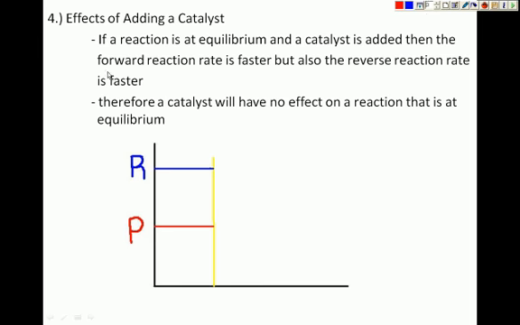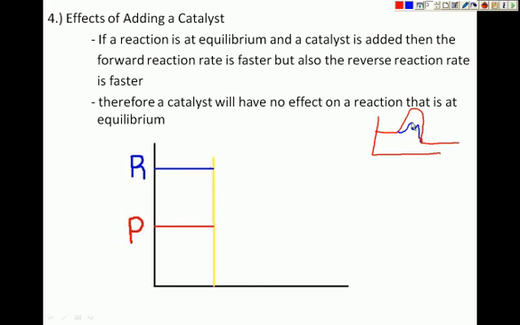Okay, and the last one here that we're going to talk about is the effects of adding a catalyst. So a catalyst, as we know, speeds up the rate of the forward reaction and speeds up the rate of the reverse reaction. So it speeds up the rates of these forward and reverse reactions equally. If you remember here, if this was our activation energy, and this was if we add a catalyst, then what we see here is that